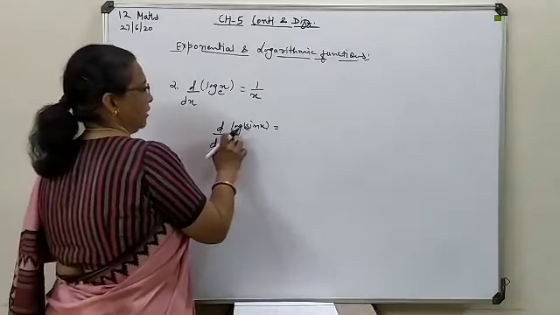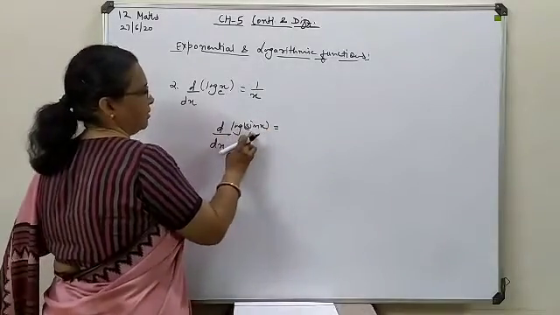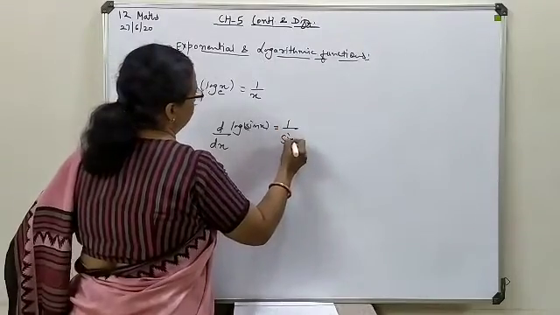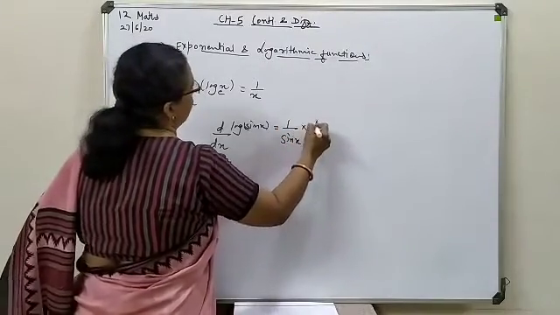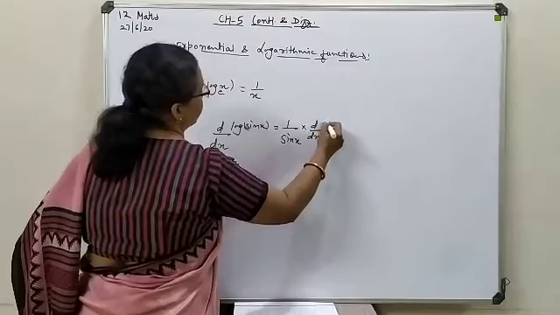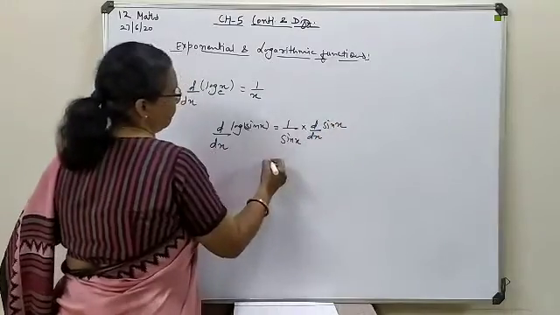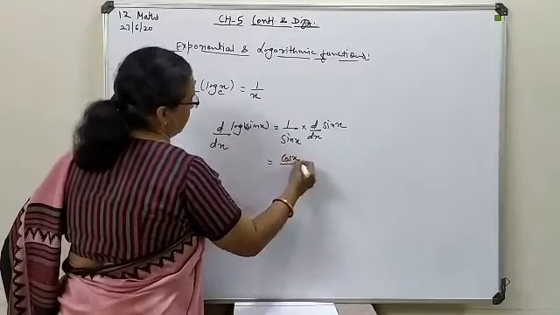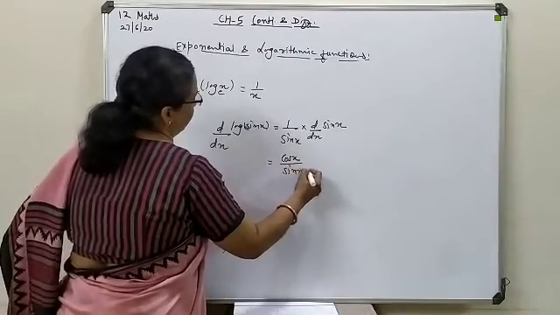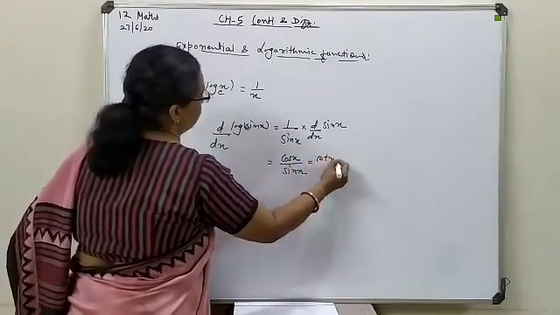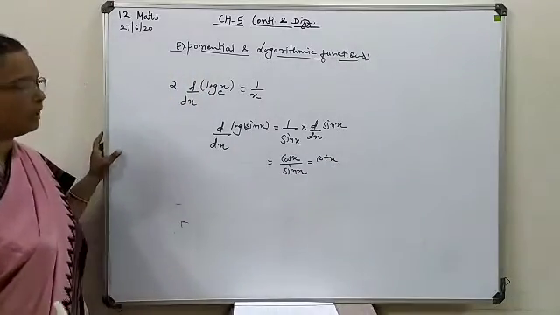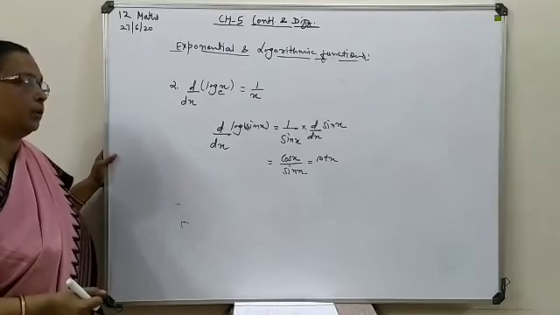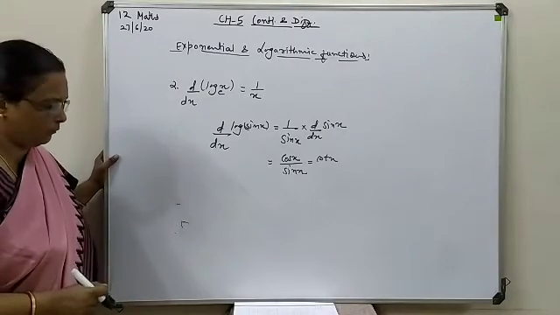Now for the differentiation of log sin x, first of all you will treat this sin x as x. It will be 1 upon sin x. Now further you will write the differentiation of sin x as a product form. The derivative of sin x, you know, is cos x, so cos x upon sin x. Finally it will turn into a single term, cot x. So this type of combination you have to handle for logarithm and for exponent form.